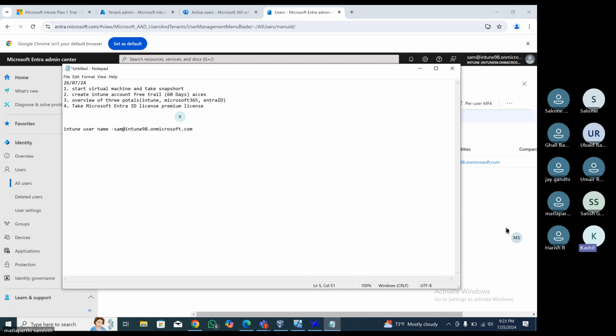Now, why do we need this license? To auto enroll the devices. Currently, auto enrollment is not possible because that needs this as a prerequisite. So we have to take this Microsoft Entra ID premium license for auto enrollment of devices. Okay. Now, where do we have to go? We need to come to the Microsoft